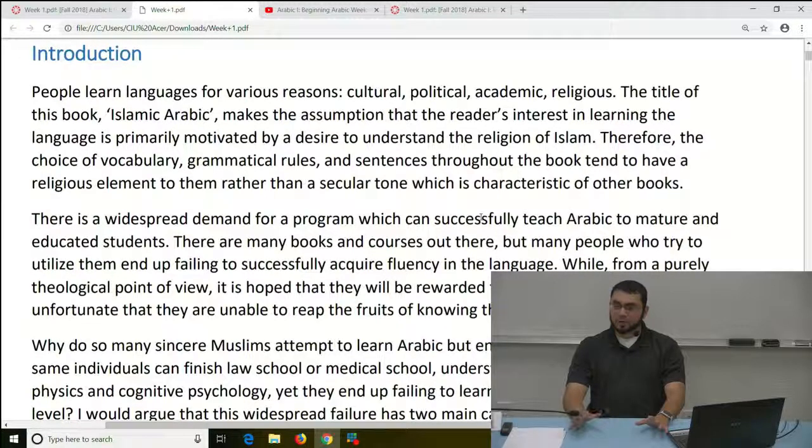Now, if you're learning Arabic and your primary goal is to understand the religion of Islam, and it's not easy to memorize a bunch of words in a foreign language, you don't want your primary vocabulary set to be United Nations, right? You don't care about that word. That word is not really that interesting for you. And then you're going to learn all these animals. You can learn 100 different animals.